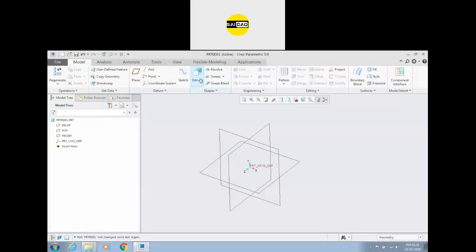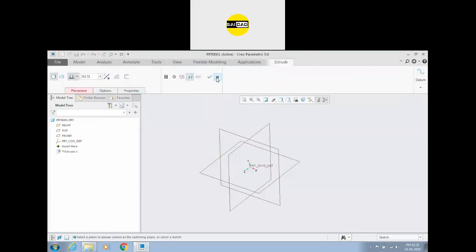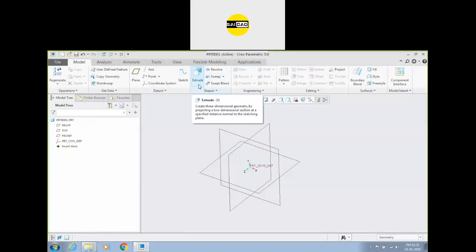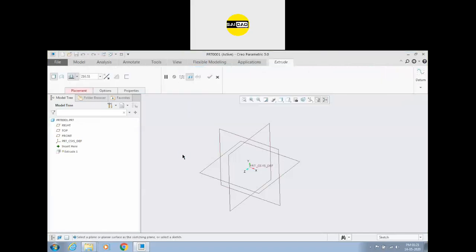So we are going to select directly extrude command. The shortcut is X. You can see here. You can type X and the extrude command will be selected. So first thing you will have to specify is the placement. You can see the red color. So if you open a command and you see a red color, you can always, yes, I'm going to explain the symmetry command in this.